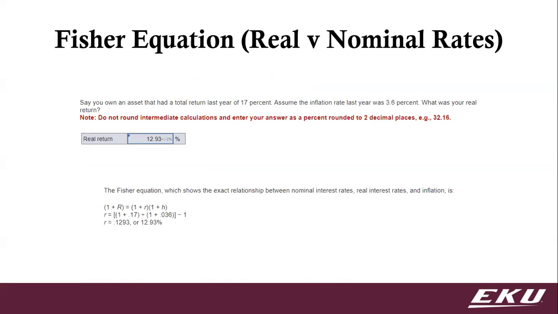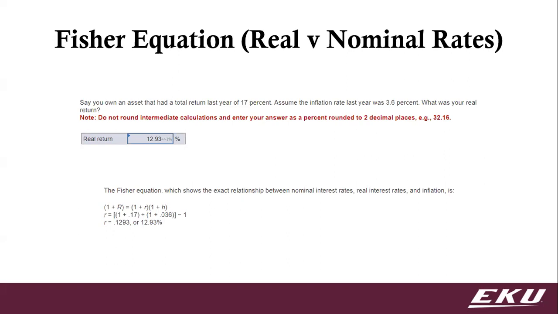Okay. This is the Fisher equation. There were a few of these when I was looking, but they're all the same thing. Irv Fisher lived like 100 years ago, and he came up with this calculation: if you take the real return and add 1 to it, and then multiply that by your inflation plus 1, then that product would give you your nominal interest rate